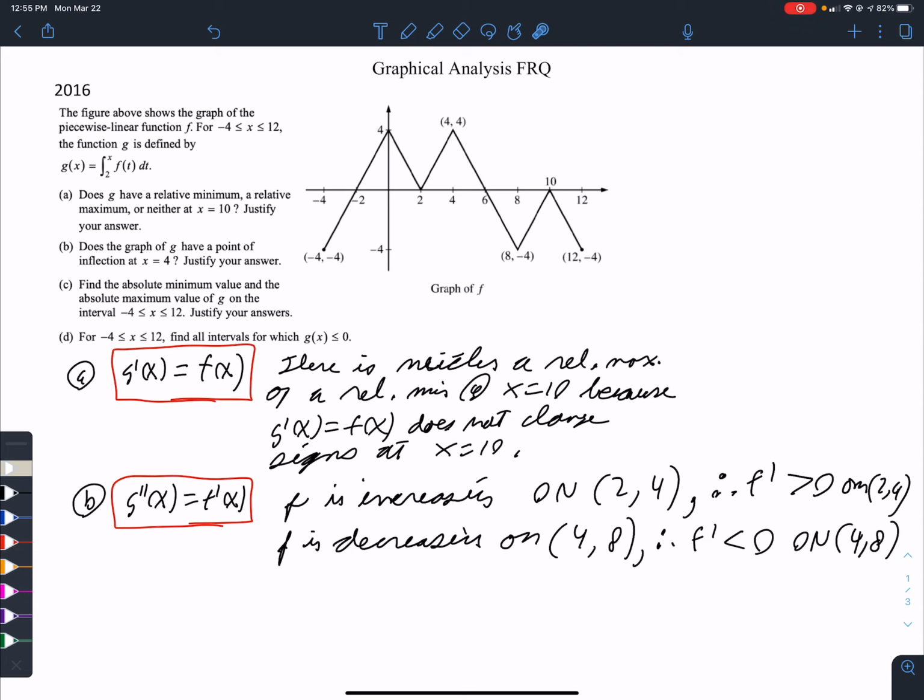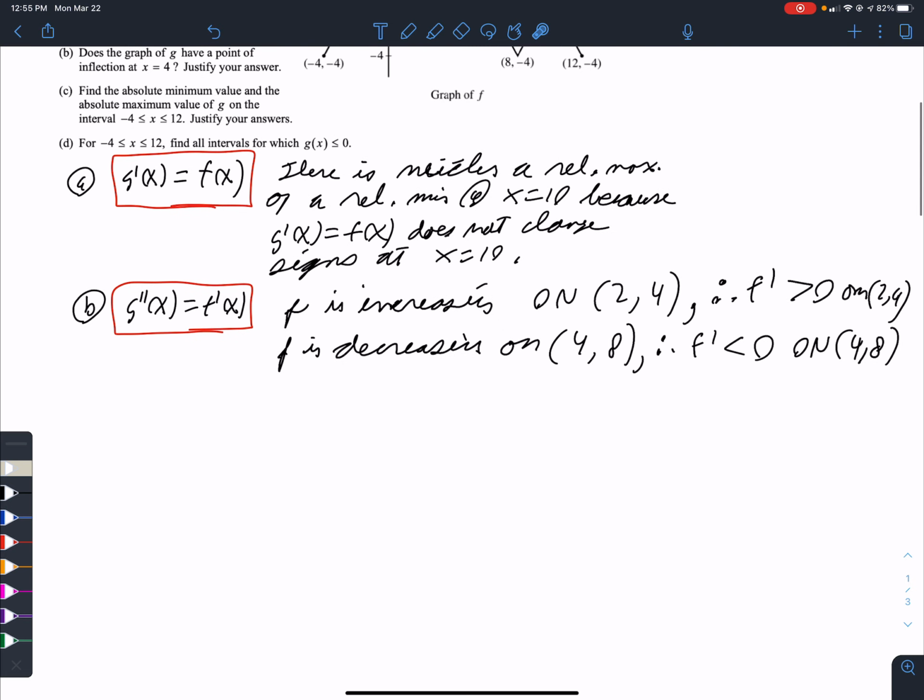So what have I done so far? I've shown that the derivative is positive to the left of 4. It's negative to the right of 4. So I've shown that at 4, it changes signs. And that's what I need for an inflection point. So my conclusion,